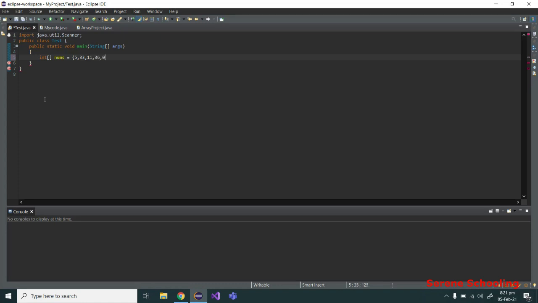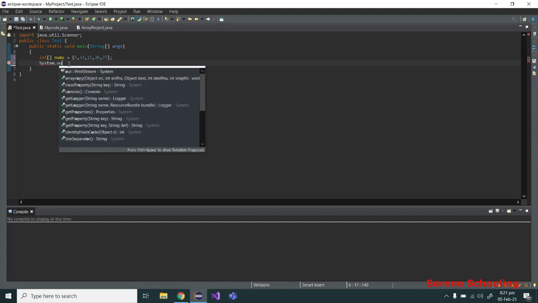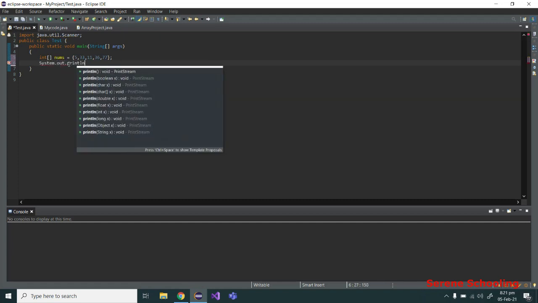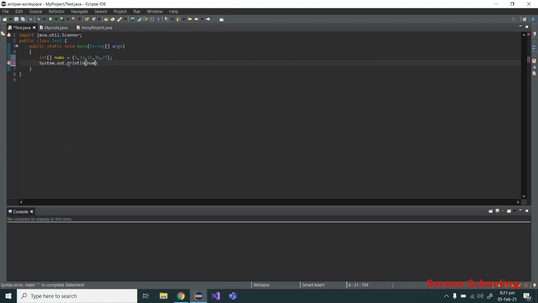Let's suppose these are our elements. I'm gonna change it to 77. So this is another array, and these are our elements. And let's see how we can print each element. So one way is to print each element one by one, like this. Like first we are gonna print the element at 0th index,